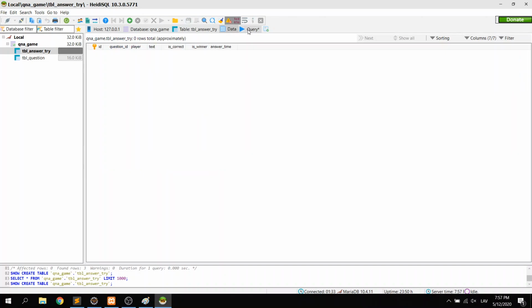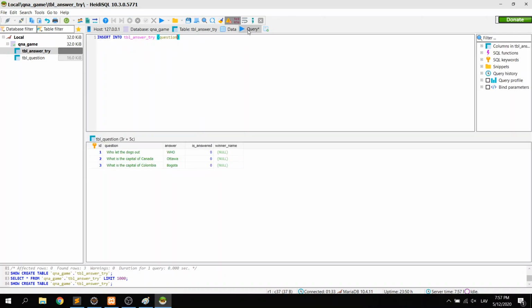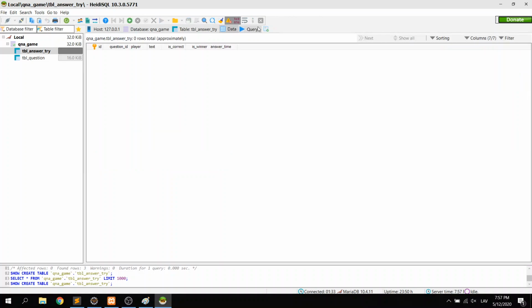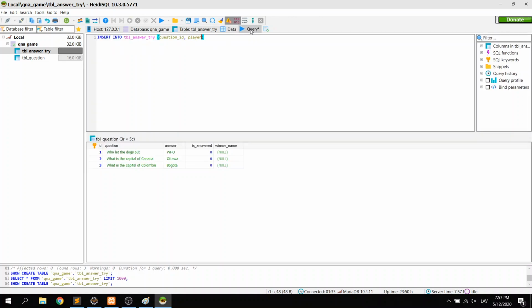We are not setting the ID because it's auto-generated. So the question ID, player text, and since text is a keyword in SQL, we need to wrap that in quotation marks. Then is correct,